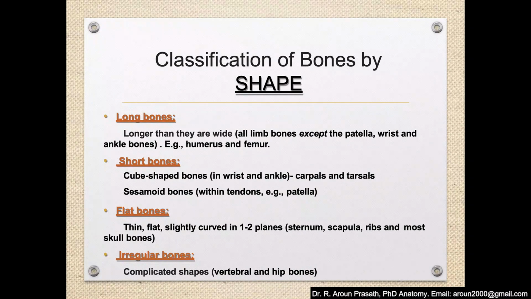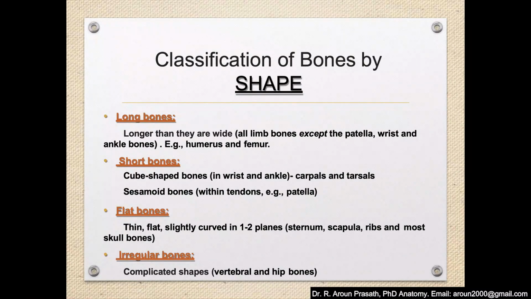Short bones are many small bones, for example the carpal bones in the wrist joint, the tarsal bones, 7 tarsal bones in the ankle joint, and the sesamoid bone that is enclosed inside the tendon. These are all very short in nature, that's why we call them short bones. Then flat bones are bones that are thin and flat. For example, the cranial bones are examples of flat bones. Then the sternum in the anterior aspect of the chest is an example of a flat bone.